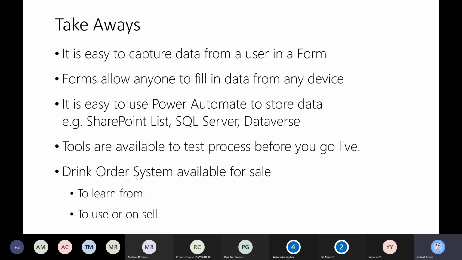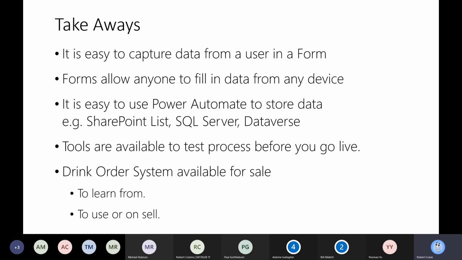So some takeaways from today's session for you is that it's much easier to capture information electronically than to continue with pen and paper, because once it's digital, you can then manipulate it, you can report it, you can then act on it. So we've all heard of the fallacy of the paperless office. The reality is that fallacy is largely driven by people not adopting the tools that are now available to them.